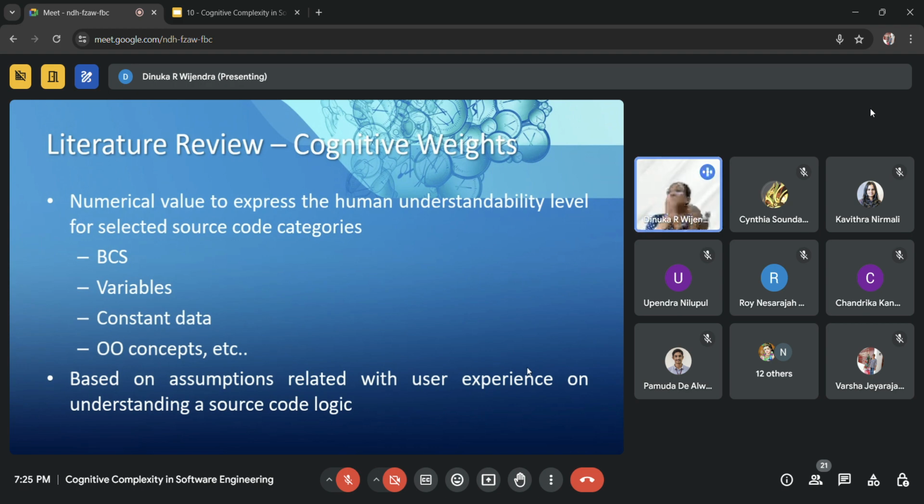But we know that the answers of 50 users cannot be applicable for all generic users. For example, you might know the while loop very well, but I can do the same coding using the for loop. So you and me, the preference or understandability level for that control structure is different.